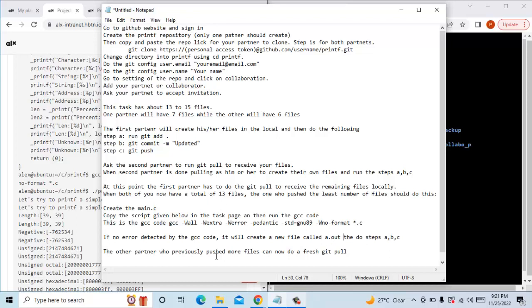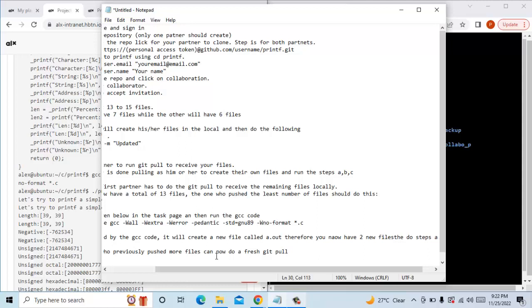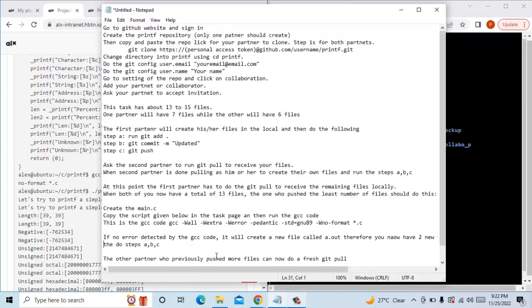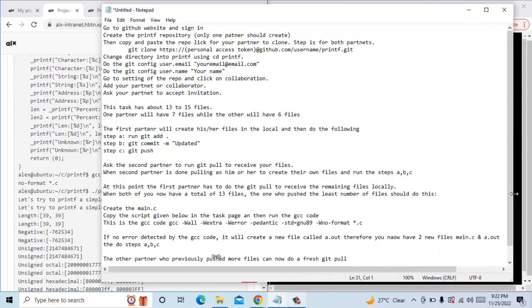Okay, therefore you now have two new files, main.c and a.out. Okay, now when you now have these two new files, main.c and a.out, then